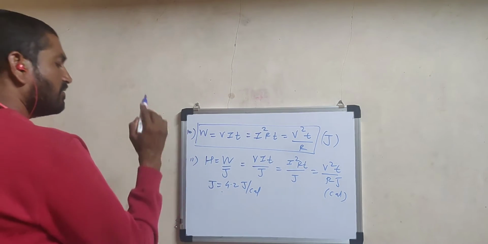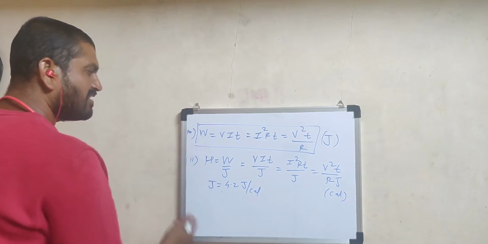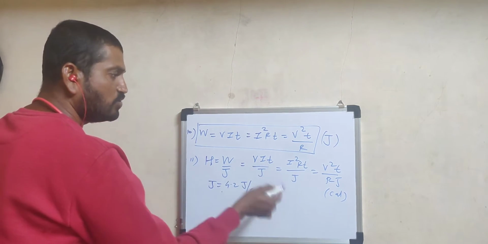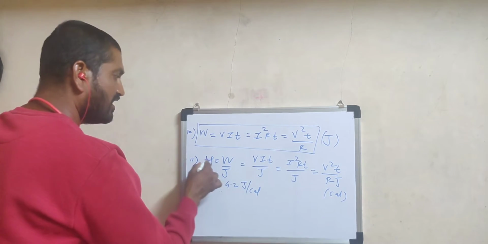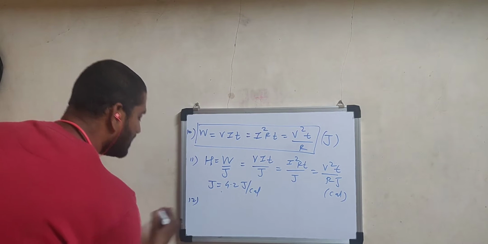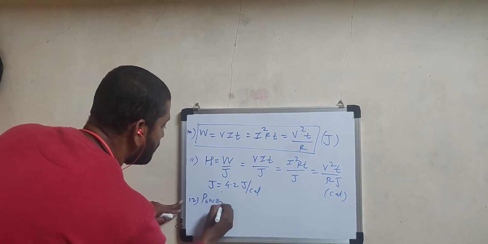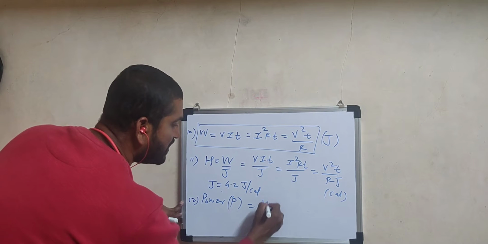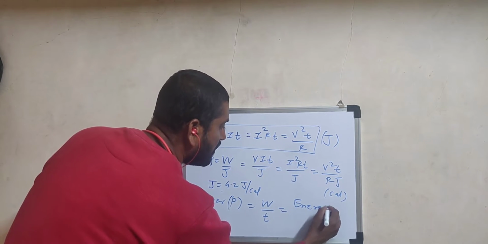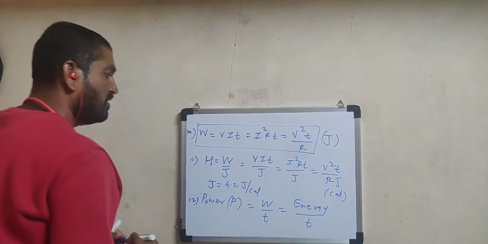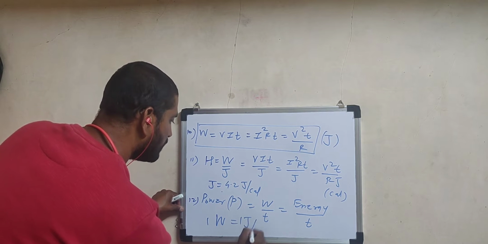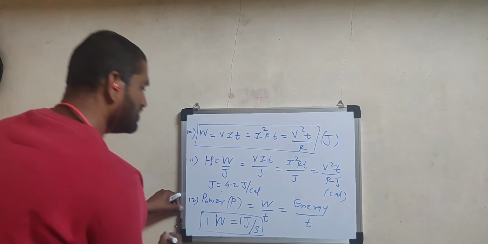Now, as work done and heat are both types of energies, if heat is required to be in Joule, then don't consider J. Directly use the formula, heat is equal to work done, equal to these 3 forms. Now the next one is power, a very important term. Power consumed in an electrical circuit is defined as the rate at which work is done, or the rate at which electrical energy is consumed, energy upon time. Power is expressed in watt. So 1 watt is equal to 1 joule per second. This is a very important conversion factor.